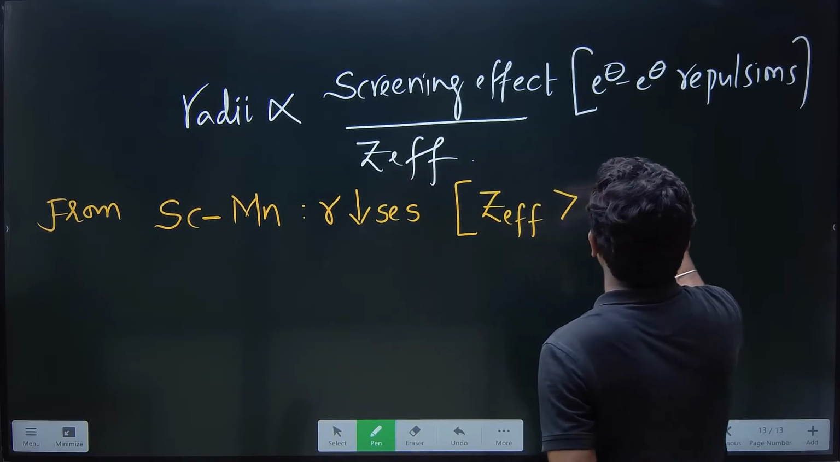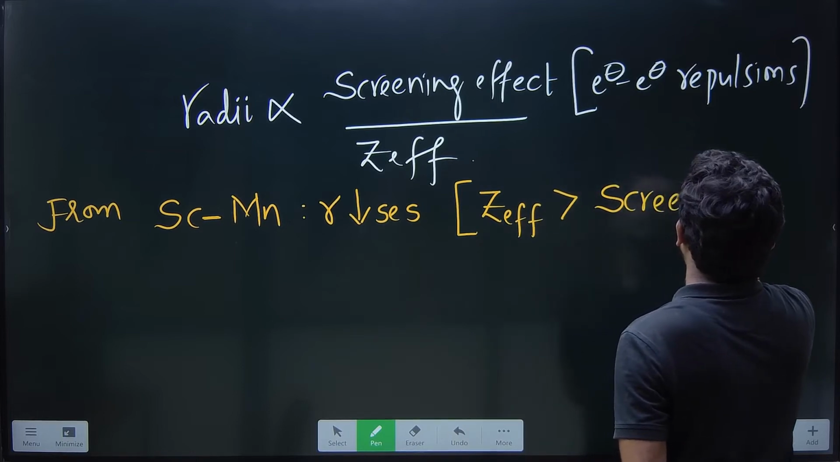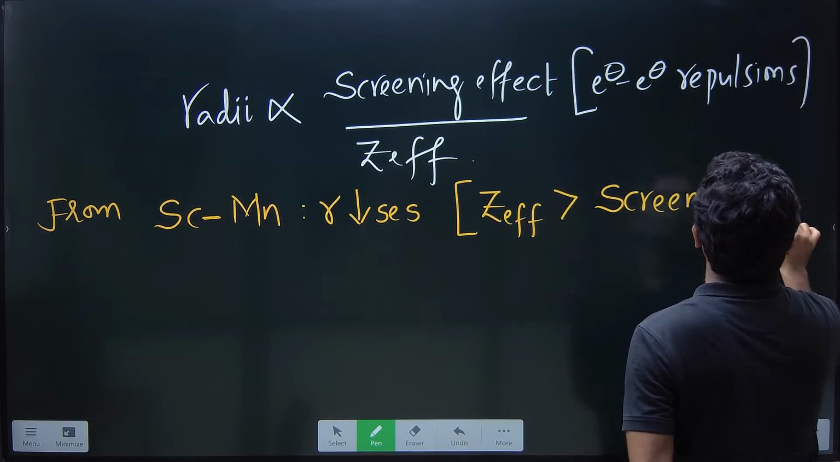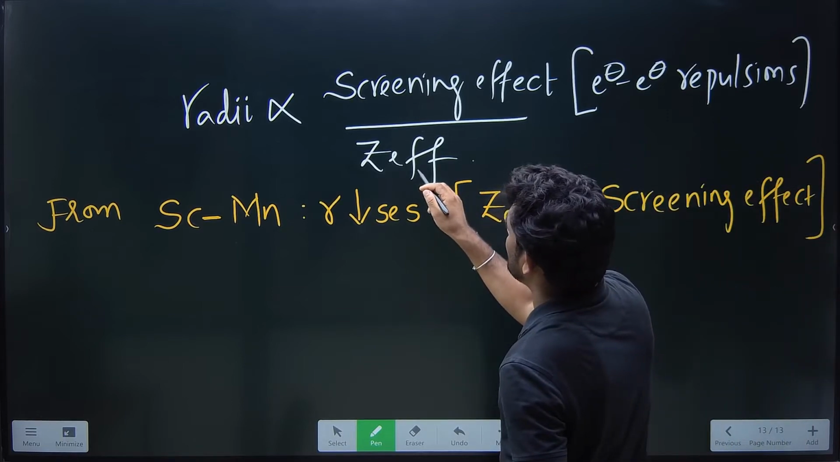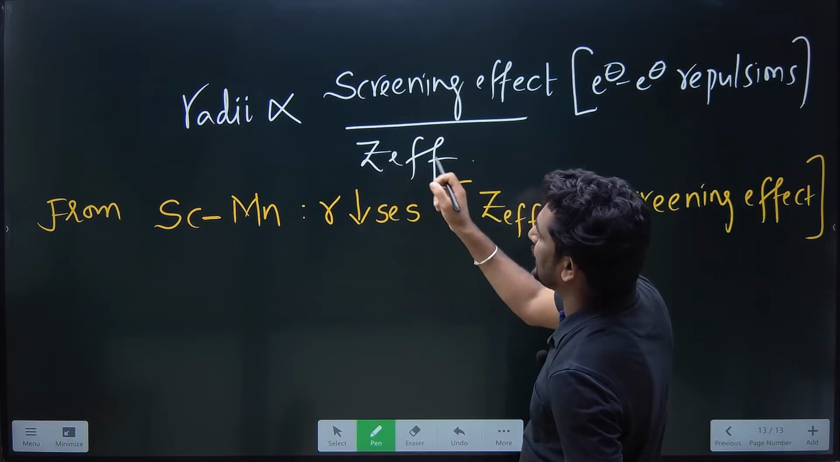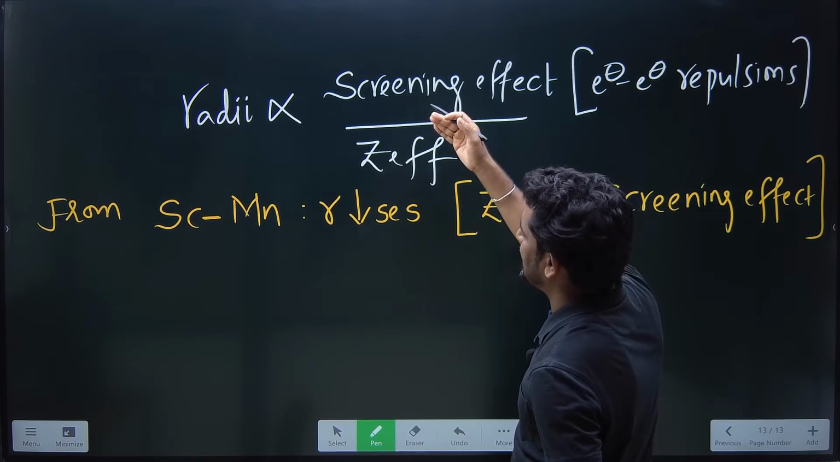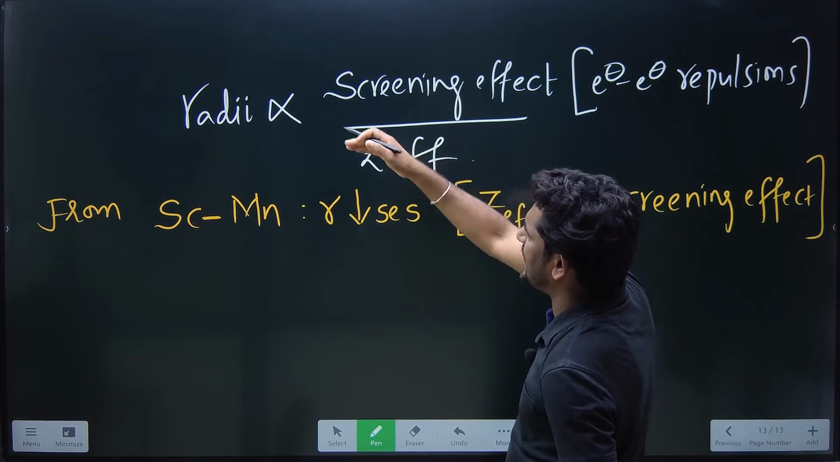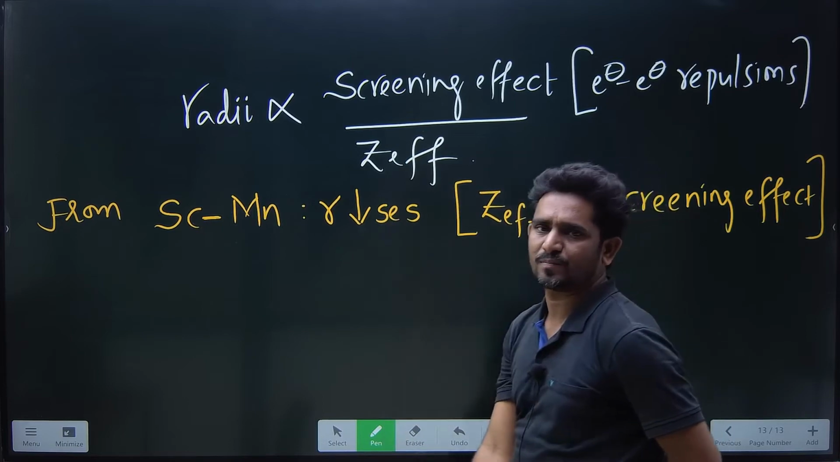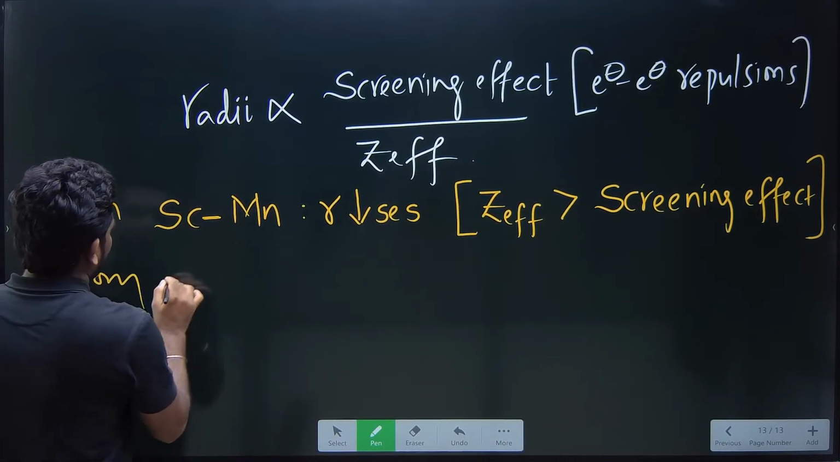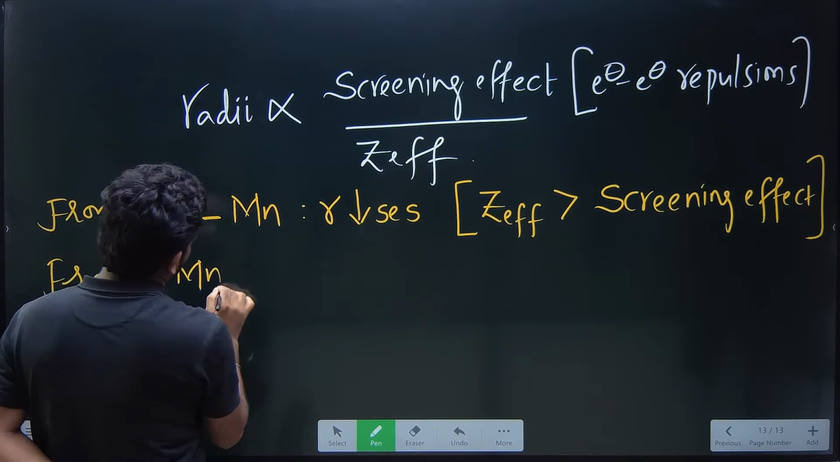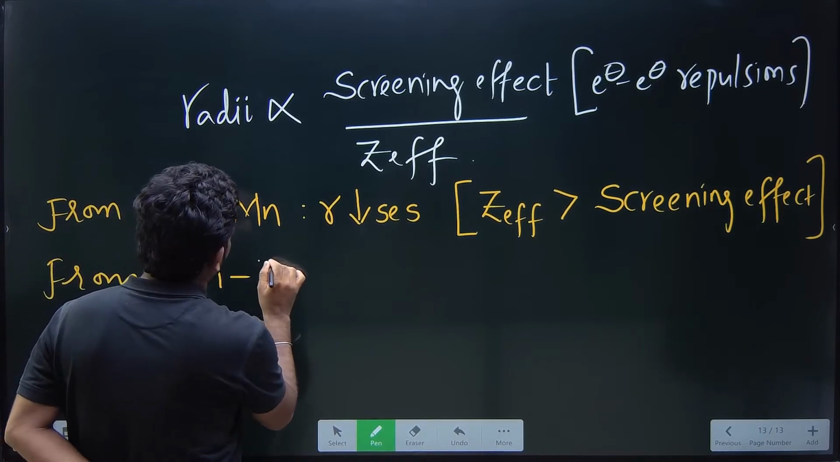screening effect. ठीक है, अभी कौन डोमिनेट करते, effective nuclear charge डोमिनेट करते. So from left to right effective nuclear charge increases. So if the effective nuclear charge increases, radii decreases, इसलिए decreases. ठीक है, next, but from manganese to copper,